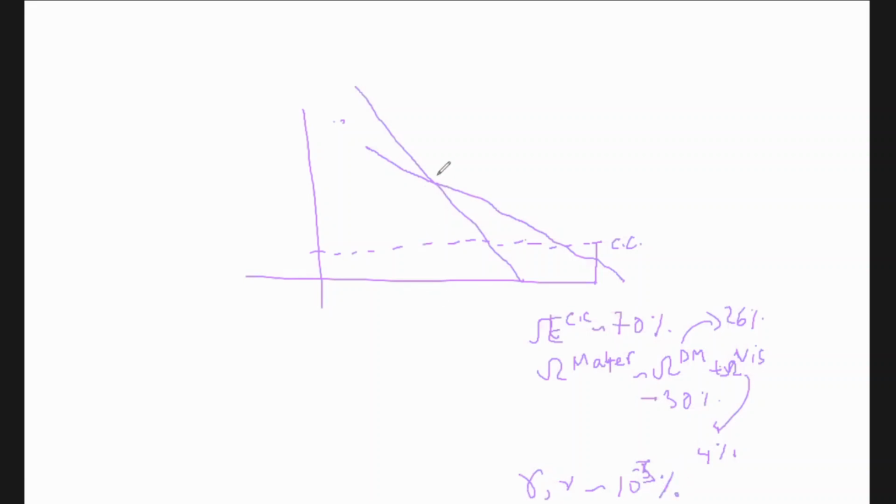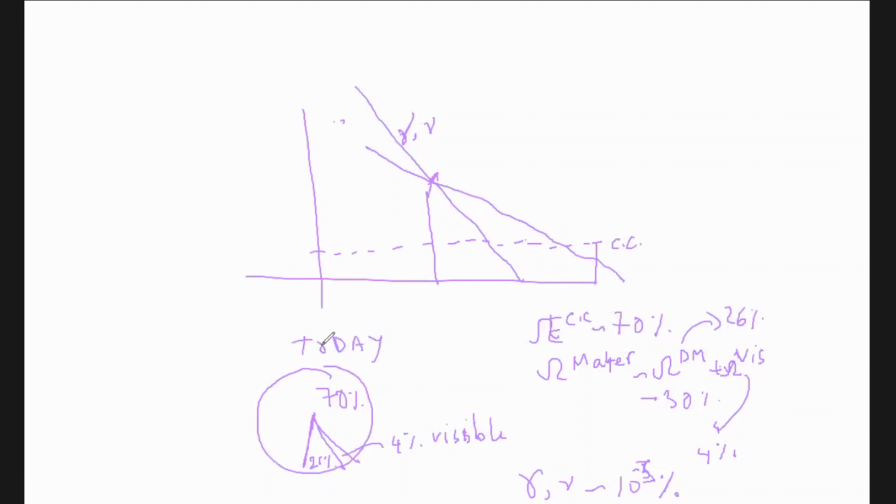But as you know, as you go beyond matter radiation equality, then the photon or the neutrino, the radiation, becomes very much important. So this cosmic cake, what we write, is 70% dark energy, 26% dark matter, and 4% visible matter. This is only for today, meaning at the present time of the universe.